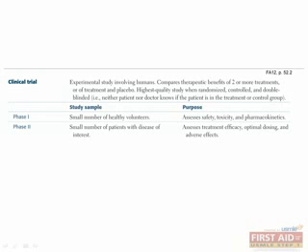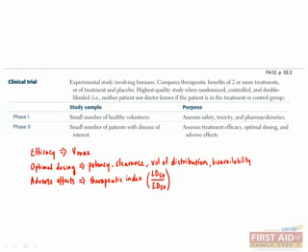Phase 2 clinical trials study a small number of patients, usually on the order of hundreds, with the disease of interest to assess treatment efficacy, optimal dosing, and adverse effects. In pharmacology, what are the parameters used to describe efficacy, optimal dosing, and adverse effects? Efficacy is defined in terms of Vmax, optimal dosing is defined in terms of potency, drug clearance, volume of distribution, and bioavailability,